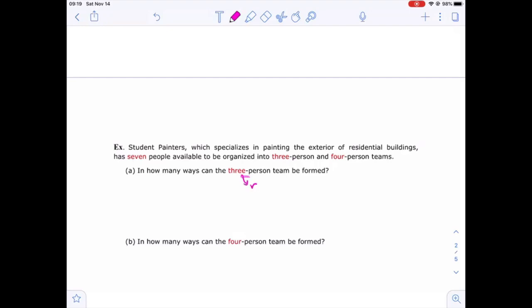This is r, and n is the 7. We have 7 people. That's the total number of people. So it's P(7, r). r is 3. So it's a permutation, and then you find 7 factorial over 7 minus 3 factorial, and